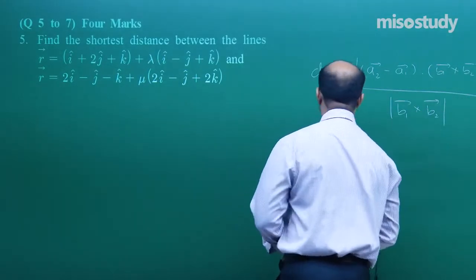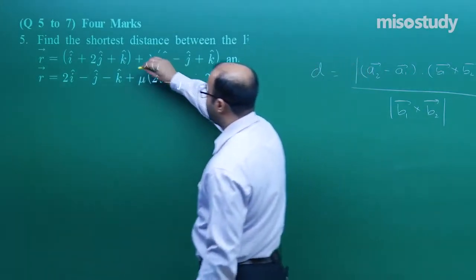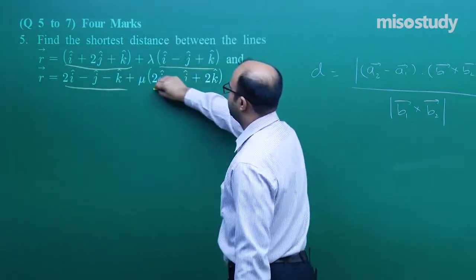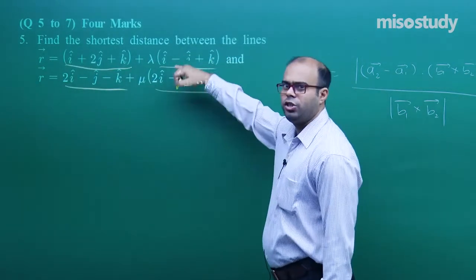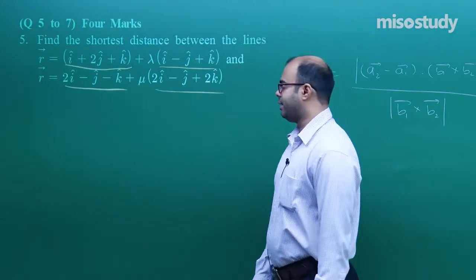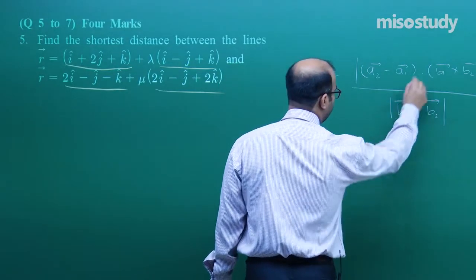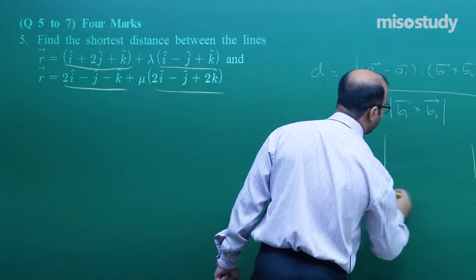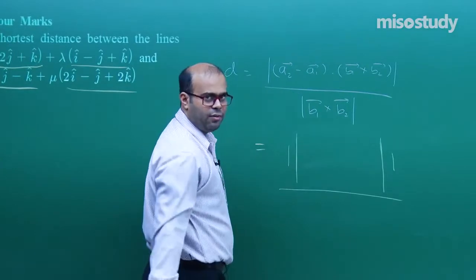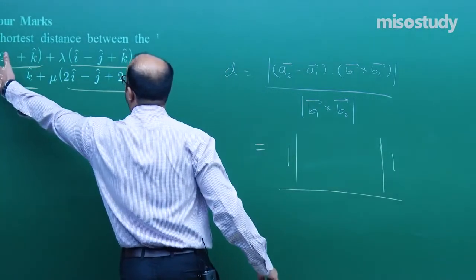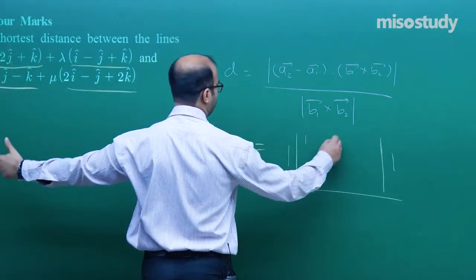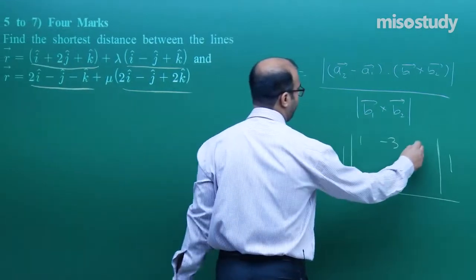Now, what are these terms? A1, A2, B1, B2. If you observe, this is A1, this is A2, this is B1, this is B2. B1, B2 are the directions of the lines, and A1, A2 are the points through which these 2 lines are passing. So, to find the numerator, we will draw a determinant and take the mod of that determinant. The first row will be A2 minus A1 components. So, 2 minus 1 is 1, so we write it here, minus 1 minus 2 is minus 3,